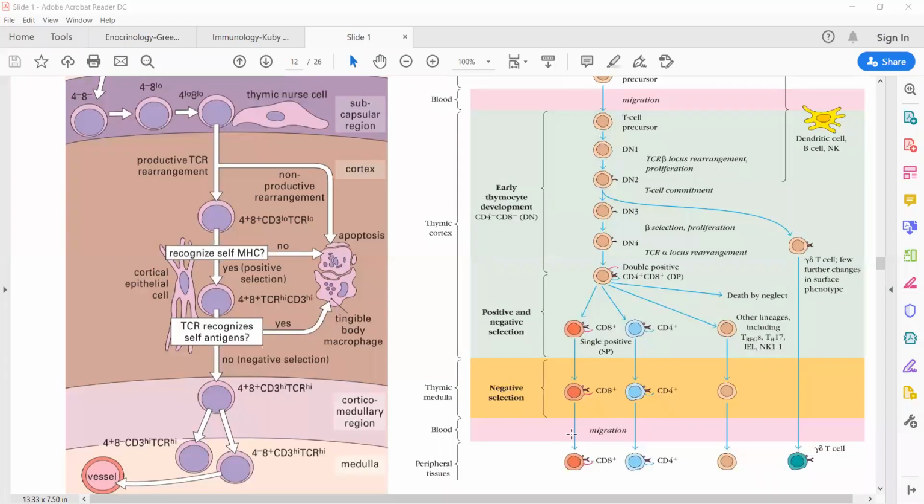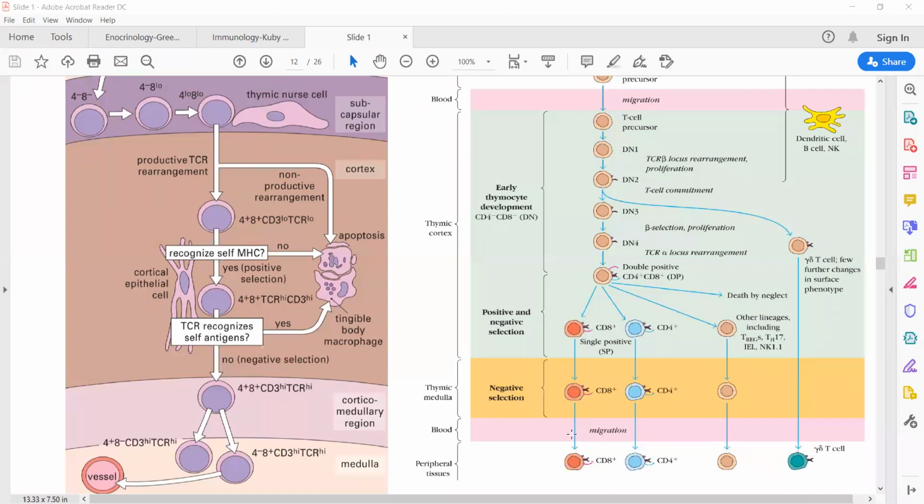When the stage 3 thymocytes, which are the mature thymocytes, are finally ready to migrate out of the thymus, they start re-expressing the CD44 receptor. So they had entered with the CD44 receptor. They went through stage 1, stage 2 thymocytes. They became stage 3. Now they re-express the CD44 receptor, which is thought to be involved in migration and homing to the peripheral lymphoid tissues. So they will now migrate from the thymus to the different lymphoid tissues at the periphery. So for that reason,